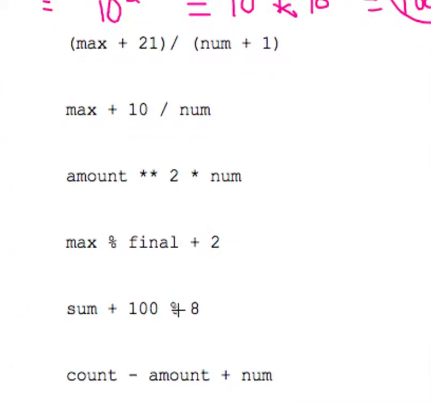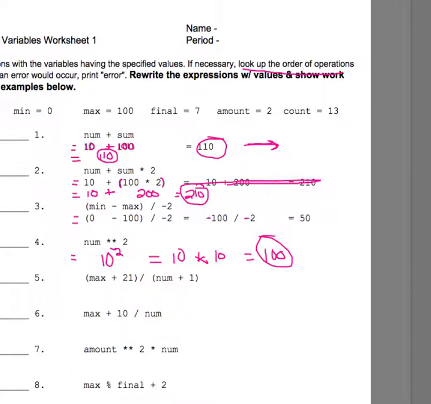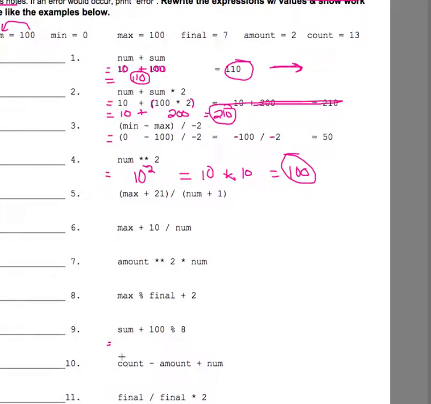That percent symbol, according to order of operations, comes before the plus. It's tied with multiplication and division. And the percent symbol means find the remainder of. So in number 9, after plugging the correct value in for sum, which looks like it's 100 in this worksheet, after plugging that 100 in and rewriting the plus sign,